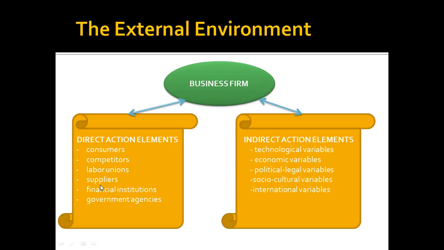Okay, next, suppliers. Business firms achieve their objectives through a combination of activities. First and foremost is the transformation of production inputs like raw materials, services, energy, equipment, and labor into usable products or services. Suppliers provide these inputs. As such, business firms must maintain good relationship with suppliers if they want on-time deliveries of inputs. Okay? So suppliers are very important to the business because they provide you the